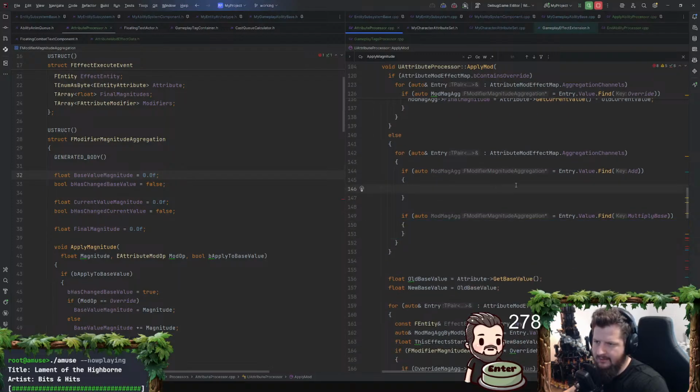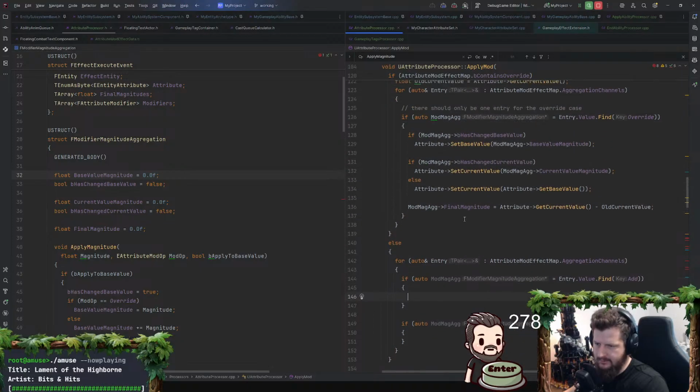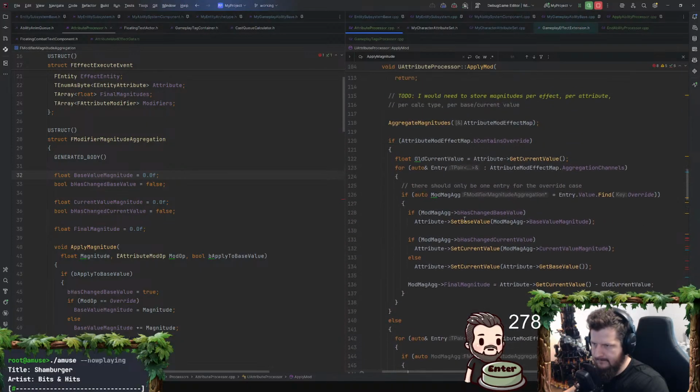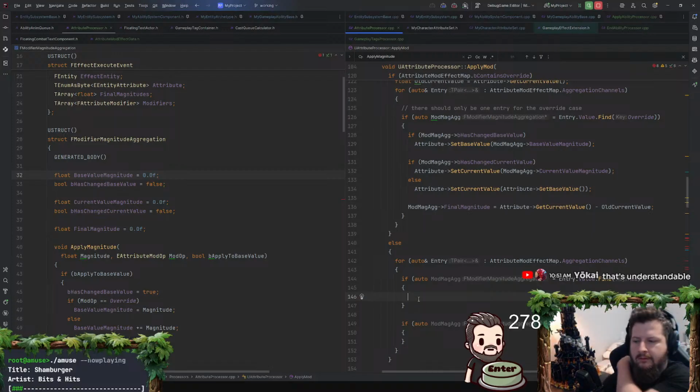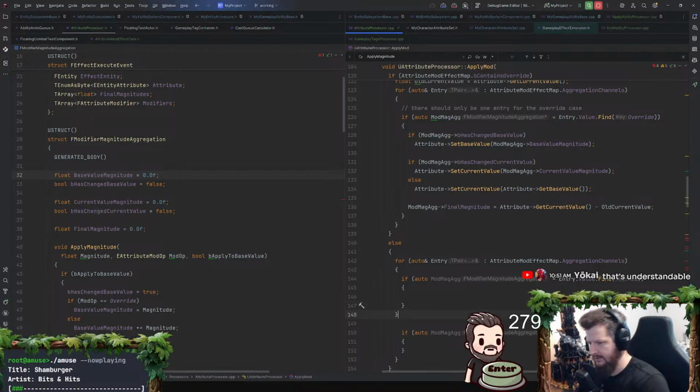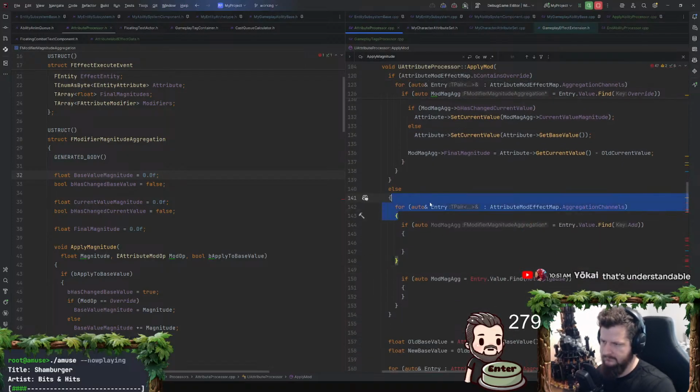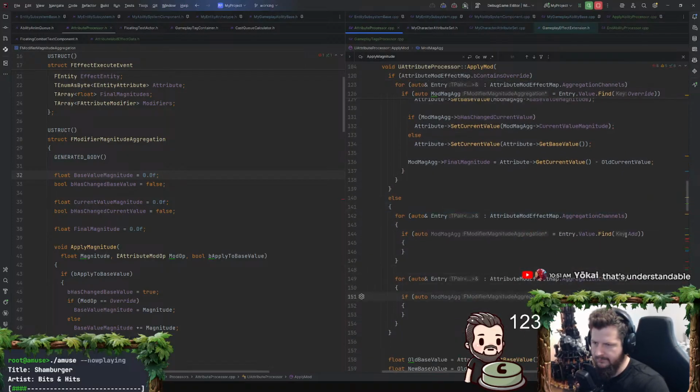Anyways, additive modifier magnitude aggregations. Oh no, because we need to do this per... Yeah, so I need to do 2 loops here, actually. One for multiply, one for add.